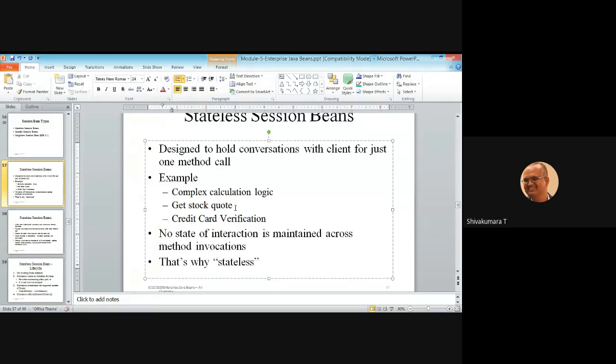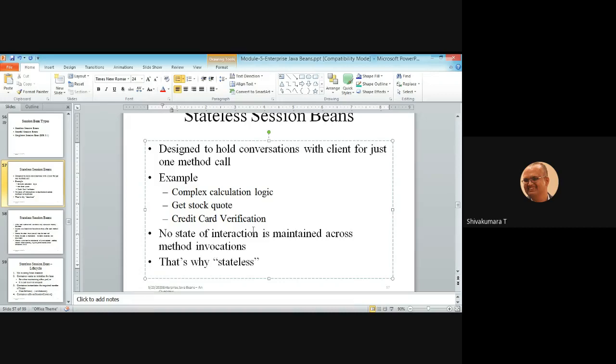In that case, if you access the stock quote at 9:20, it might be different because many transactions happen within 5 minutes. So getting the stock quote information is a one-time fetch, and that's another example for stateless session beans.